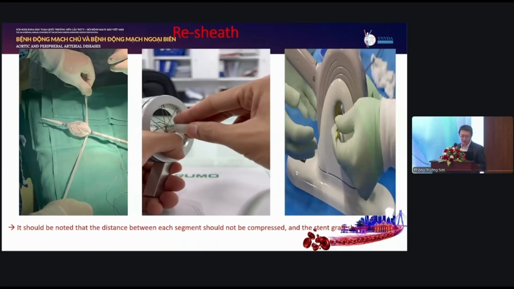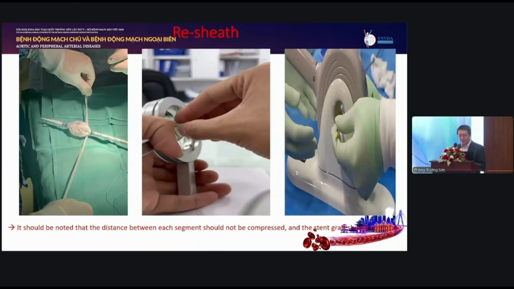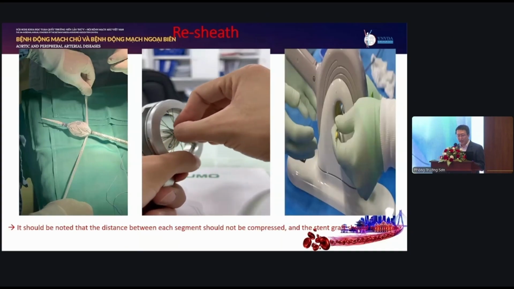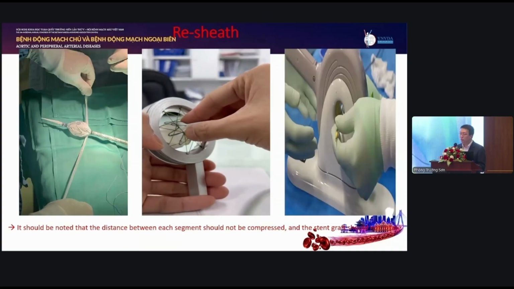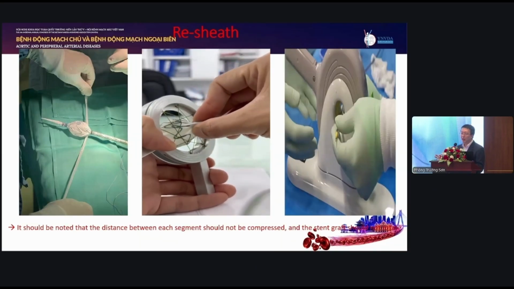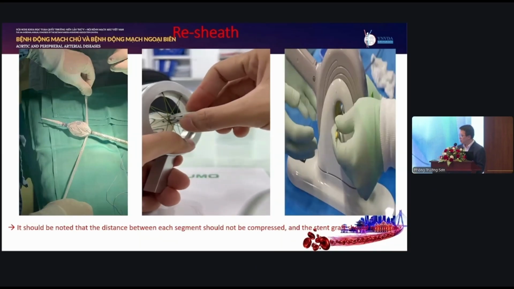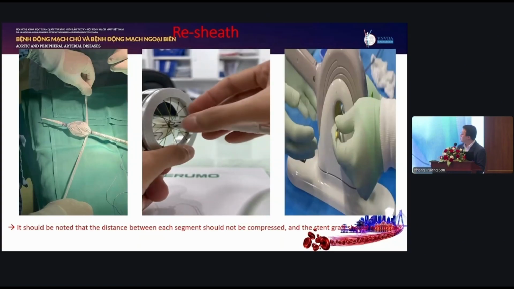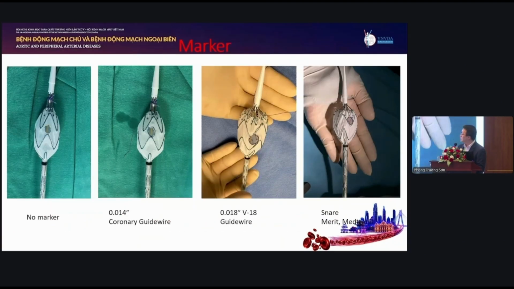It should be noted that the distance between the Z segments should not be compressed every time, and the stent graft should be rotated and stable when you put it inside, because you don't want to make a layer or realign the marker from the penetration hole. So I comment a little about making a hole. In the past, I used no marker. I only took a hole like this, and after that I sometimes lost the penetration. I used a corner guide wire